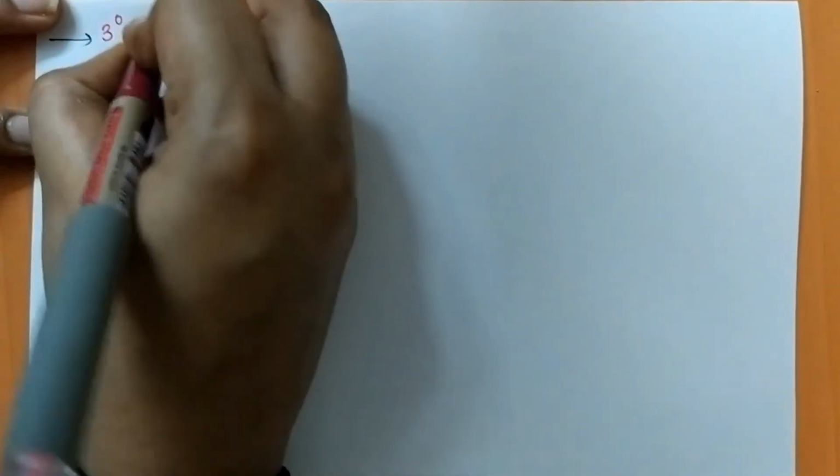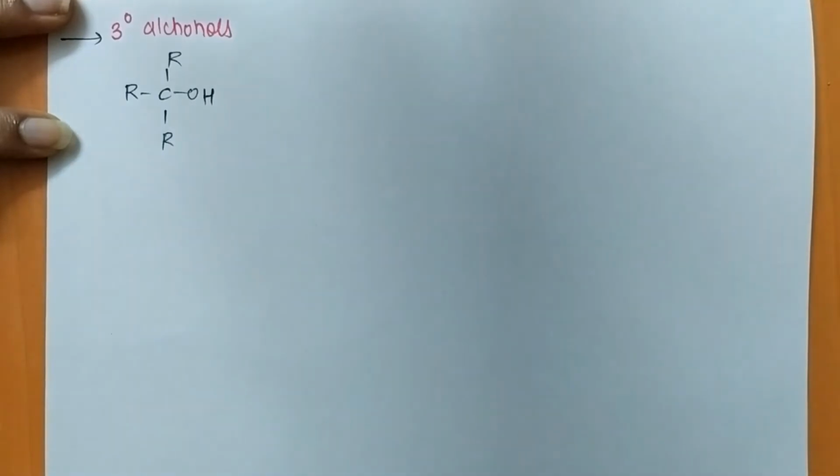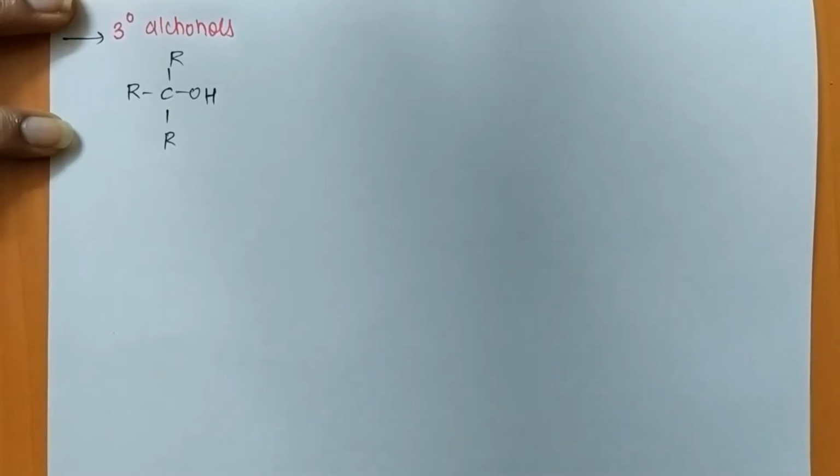Now we can also get carboxylic acid by the oxidation of tertiary alcohols. Let us consider a tertiary alcohol, R3COH. If you see here, there is no alpha hydrogen present in this tertiary alcohol. Since there is no alpha hydrogen, we can't react it directly with K2Cr2O7. One thing we should remember is that whenever K2Cr2O7 takes part in the oxidation of an alcohol, that alcohol should have an alpha hydrogen.